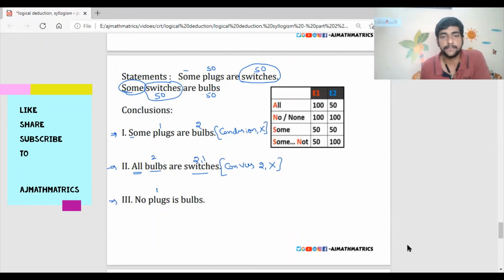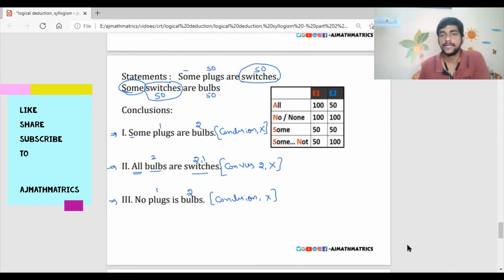And the last one, no plug is a bulb. Plug is in the first statement, bulb is in the second statement. We already discussed the same point in our first conclusion. None of the middle term value is 100, so the conclusion will not exist. So if the conclusions do not exist, again we need to check one more point, that is whether those belong to a